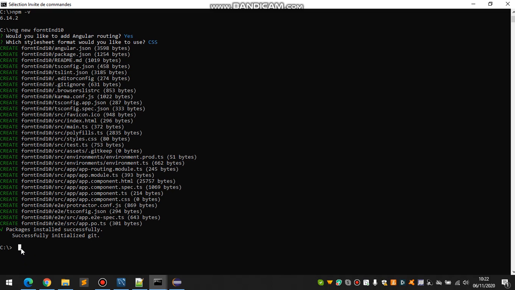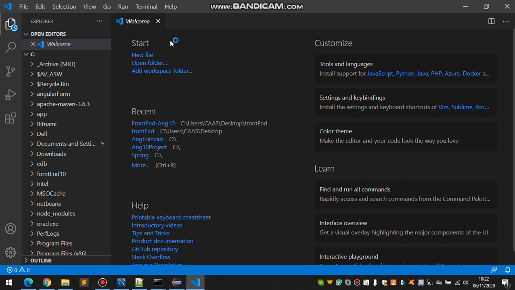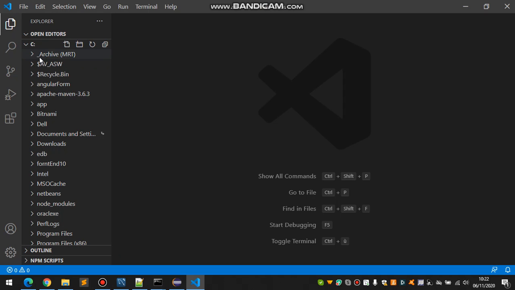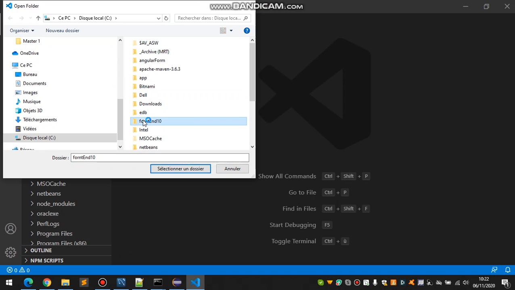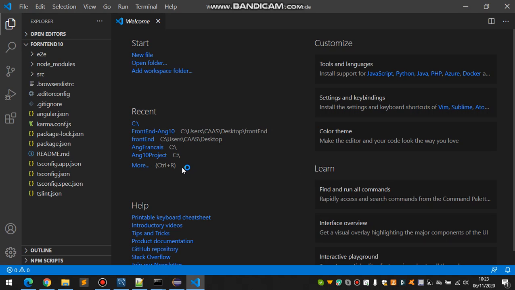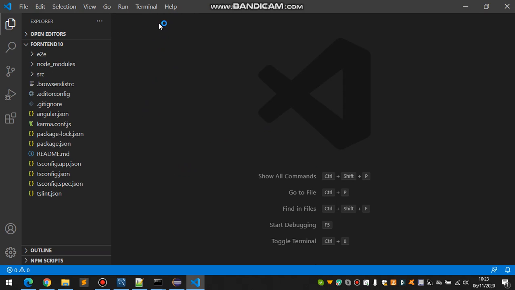Now let's go to code, meaning Visual Studio Code, and open our project in Visual Studio Code. Let's go to open folder. In my case, I have already made a project in the C drive named frontend10. Just select the project and wait a little bit while it imports. Now it's imported here. Let's open the terminal in your window,